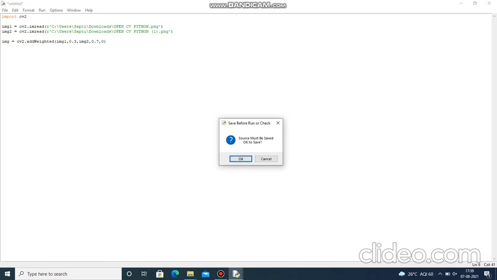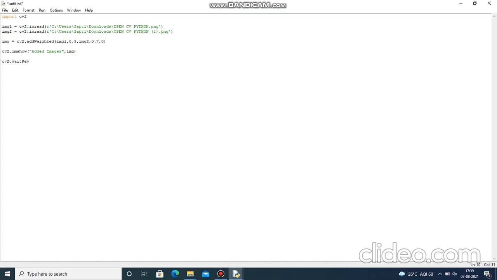Now let's give cv2.imshow of added images, and now let's give the image variable, which is img. Now let's give the waitKey. After how many milliseconds, let's give 5000, and let's give the destroy.